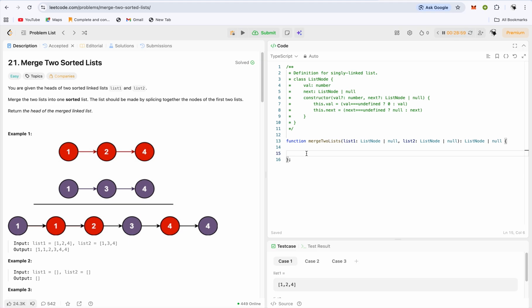So I'll first define a head node that I'm going to use for the new list. So let's say let head, which is of type list node, or it can also be null. Then for now I'll just pass it a value of -1,